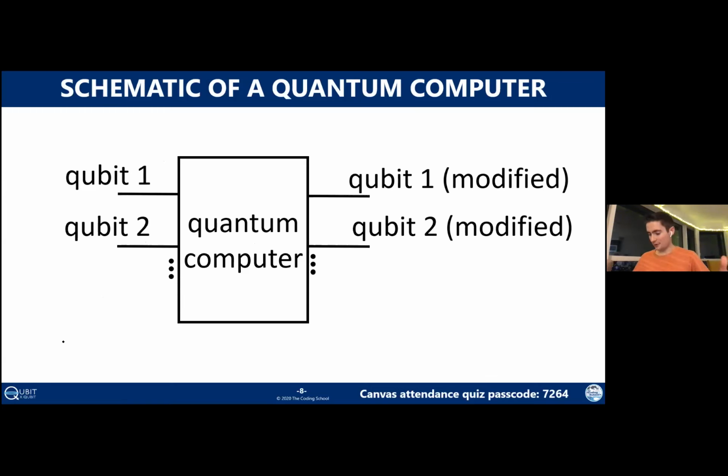So before we jump into things, I wanted to take a bit of a step back and tie all of what we've been talking about with vectors, matrices, complex numbers, all that kind of stuff, back to quantum computers. So at the very, very highest level, a quantum computer is basically this box that modifies qubits. So I might have a whole bunch of qubits over here that are my input. They're going to pass through our quantum computer and they will be output again as qubits, but now those qubits are going to be modified in some way. So obviously this is very high level, but so far what we've been looking at is basically how to represent qubits with math, right? And how we do that is with vectors.